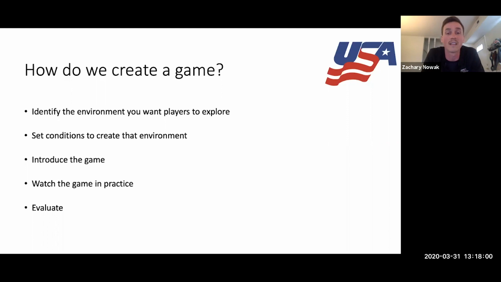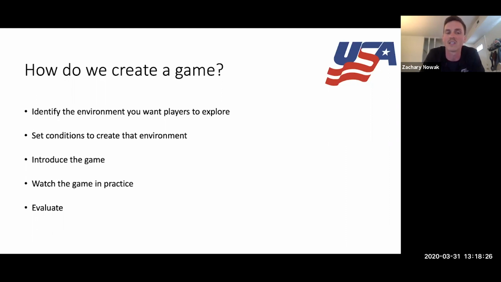For example, that last game, the first time we did it, we just said that if the defending team is able to cause a turnover in their offensive zone, they would get a point. So the team that was trying to break the puck out would just dump the puck down to the other end. So we said, okay, that's not the environment that we wanted to create.